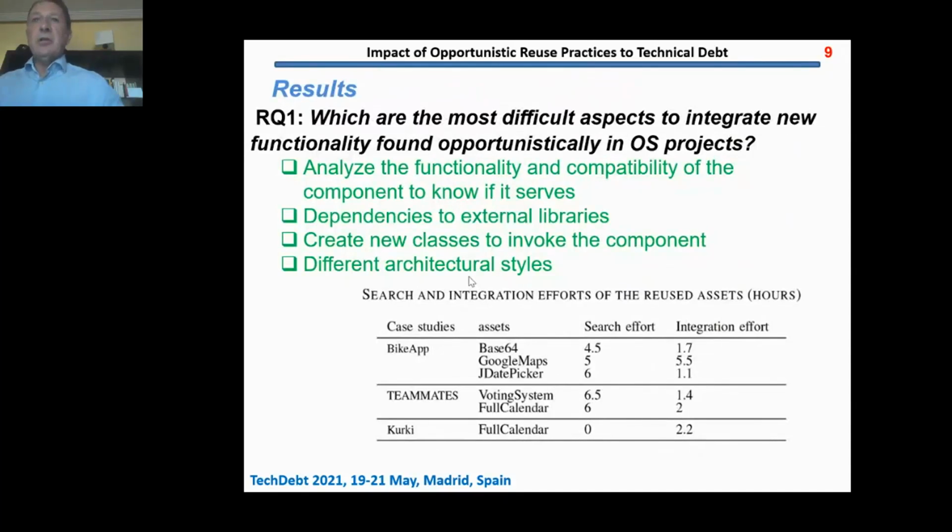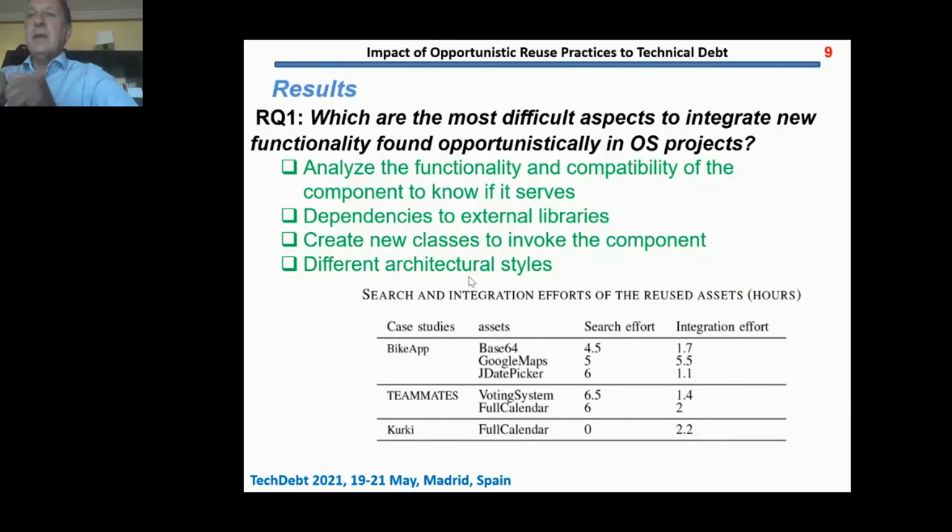The results, answering the 3 research questions. For the first one, which were the most difficult aspects to integrate the new functionality that we found opportunistically. We analyzed different aspects, in particular the functionality of the new components and its compatibility with the existing system, and if we can fit the reused component into the existing system, and also if they have or don't have dependencies to external libraries, or if we need to spend effort creating new classes to invoke